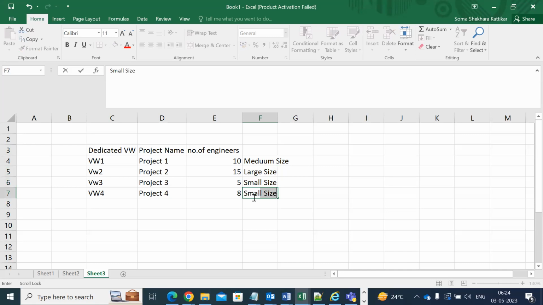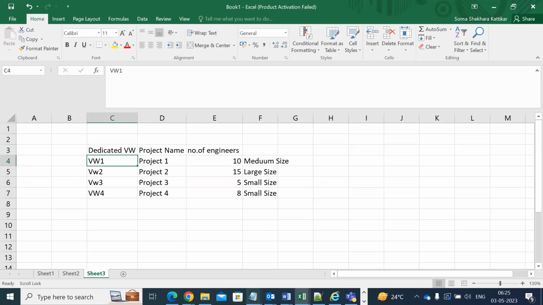This may be a small size. Now see here, yes, we have virtual warehouses with different sizes, created based on our project requirement. So if you select your own virtual warehouse, then you can see better performance and good performance